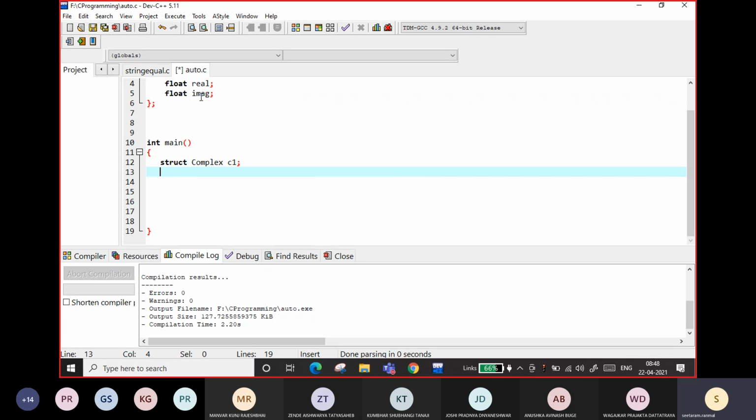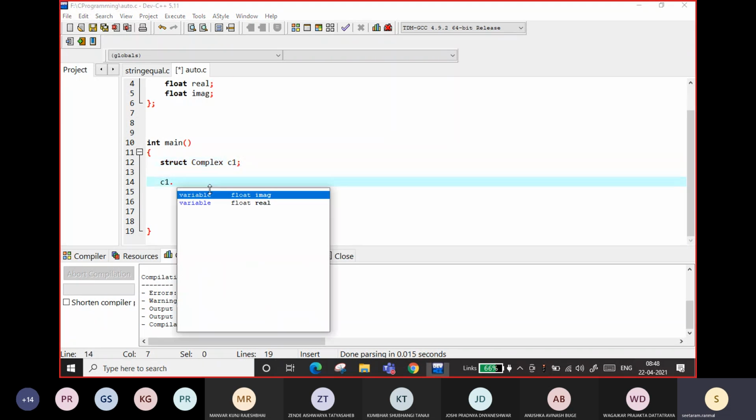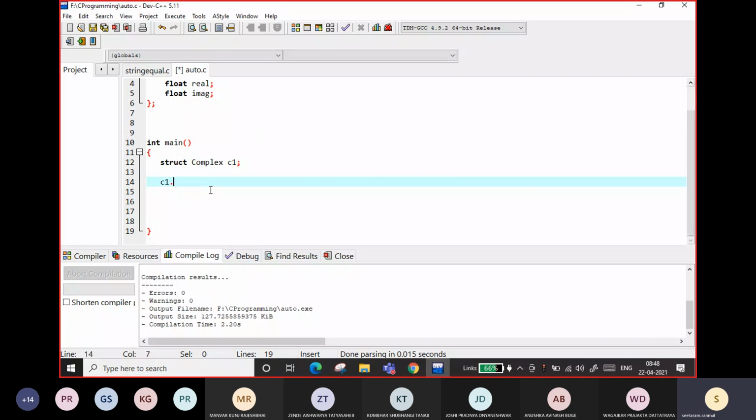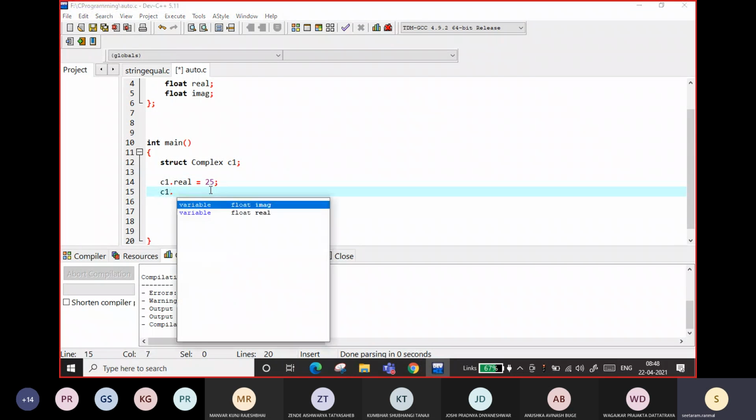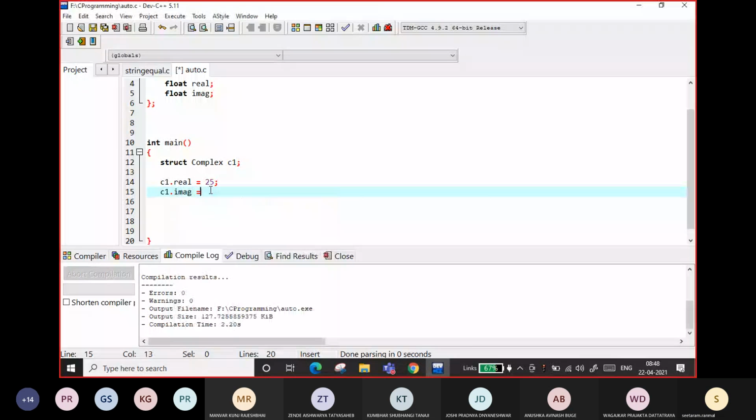if I want to assign the values for this, I will put c1 dot real equal to 25, c1 dot imaginary equal to 23.